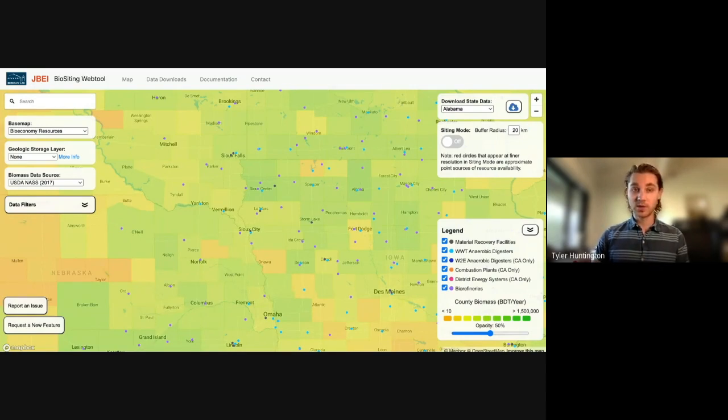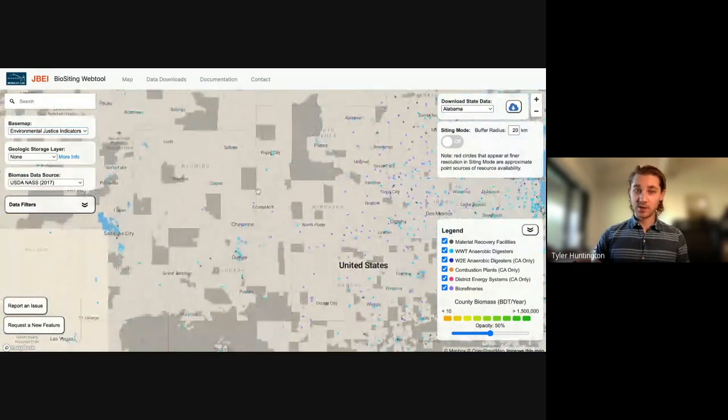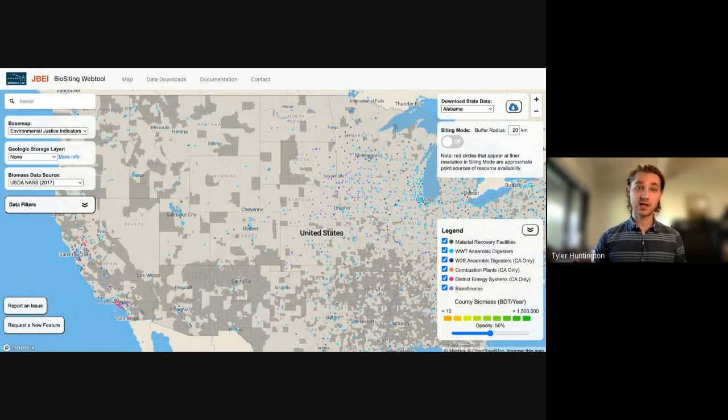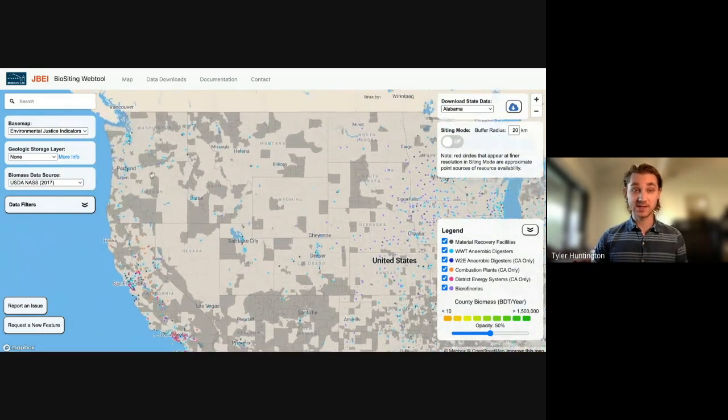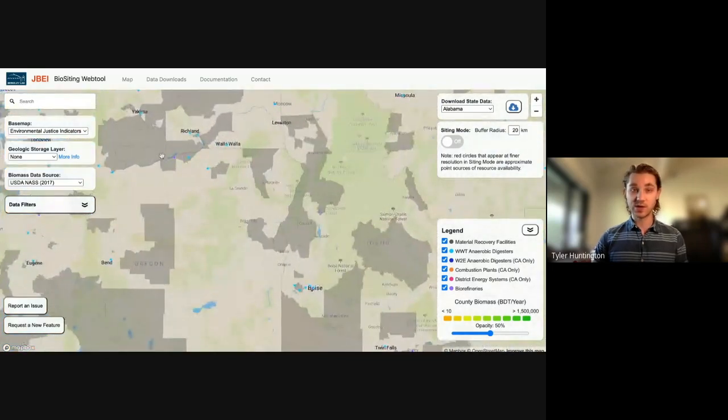So one of the things that has become especially in the forefront recently is thinking about how scaling up the bioeconomy will impact different socioeconomic groups differently. And obviously, we don't want to perpetuate historical patterns of disproportionate impact on groups that have been historically marginalized. So one of the things we recently added is this layer of environmental justice indicators, which shows you at a census tract level